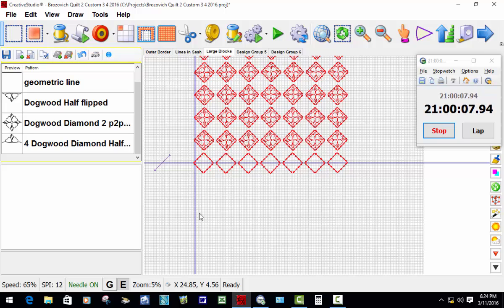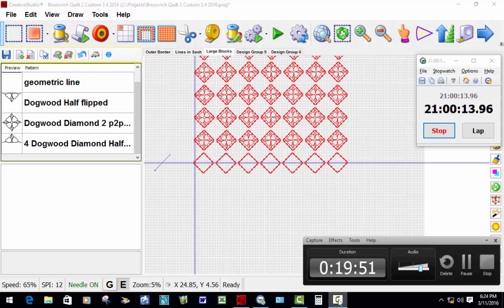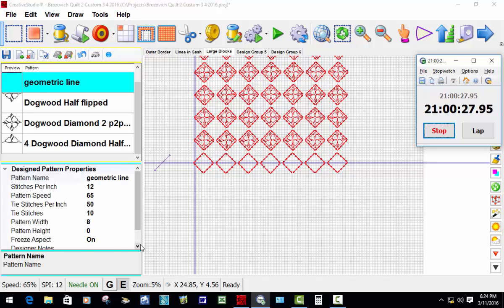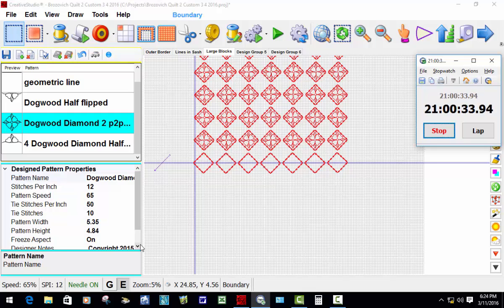And use the upper center key, and that will let me select my pattern. This is the pattern I'm going to put in there. And I'm going to just scroll over,